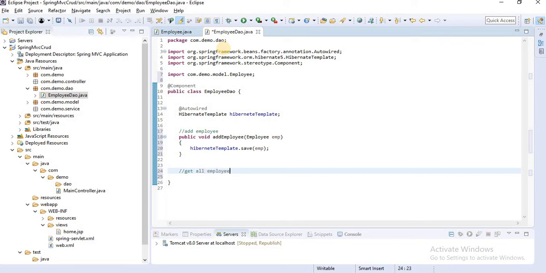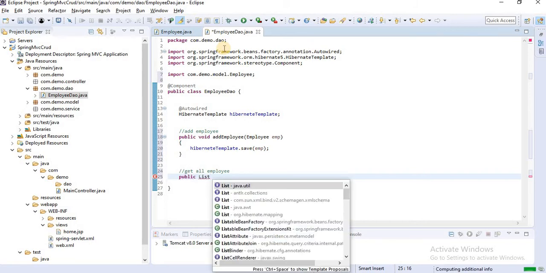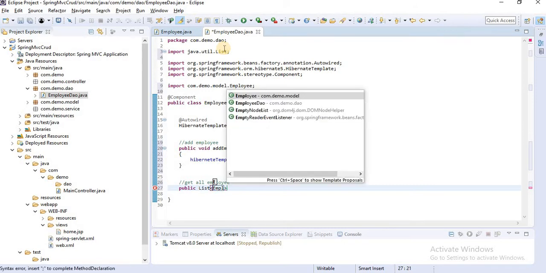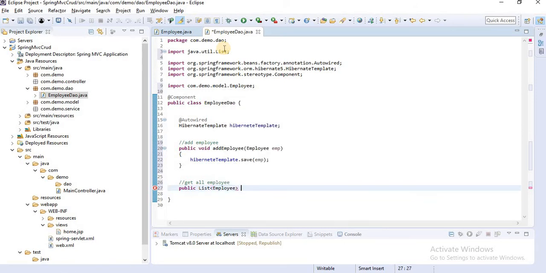Then get all employees. Let's create the getAllEmployee method. Public List, because we are getting a list of employees, so create an employee list here.